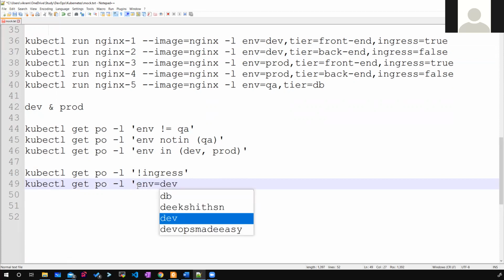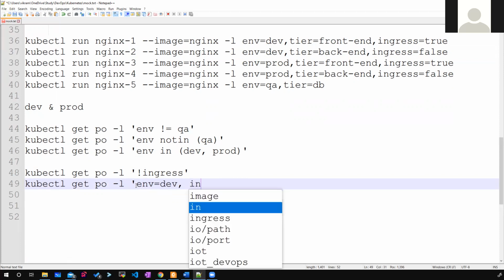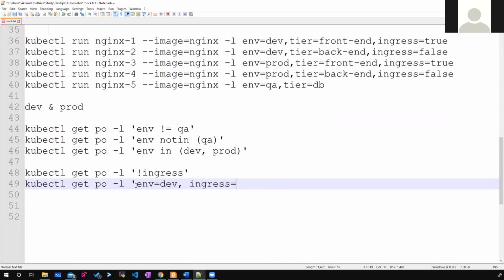This is my first selection, and the next one is ingress should be false, so I can separate with a comma, ingress equal to false. This comma is an AND operation, it is not OR. So both the conditions should be satisfied.